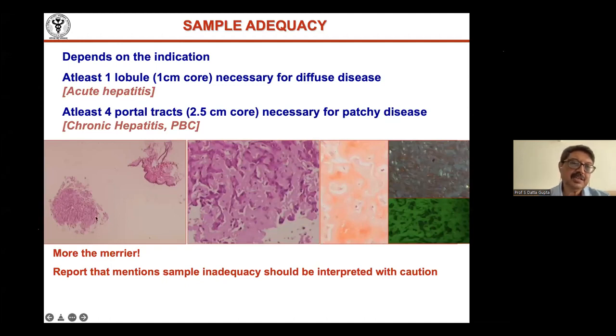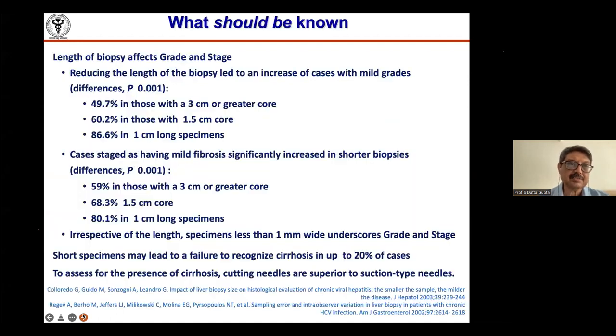So in fact, it was 2 or 3 millimeters in size. This was more than enough to make a diagnosis. But generally, for most indications, you require a good core, or at least 4 to 5 portal tracts. Now, the length of biopsy matters, especially when you're doing grading and staging, because viral hepatitis, chronic hepatitis is one of those diseases where you do liver biopsies. NASH is another. And of course, post-transplant acute rejection, you do a rejection activity index. So for all those, it's better to have a fairly adequate length of biopsy.